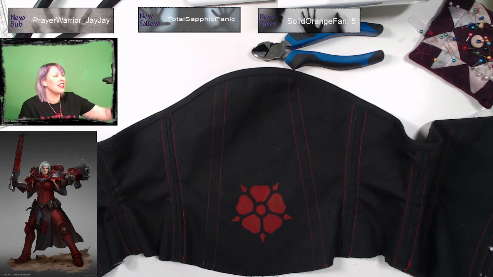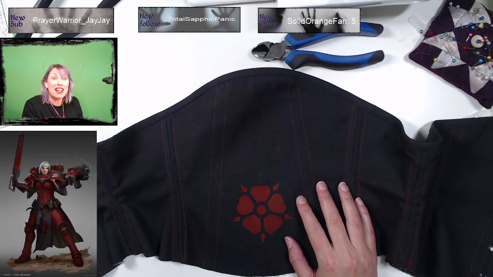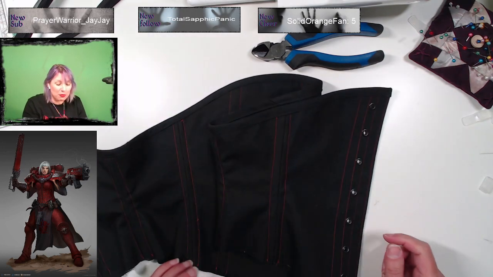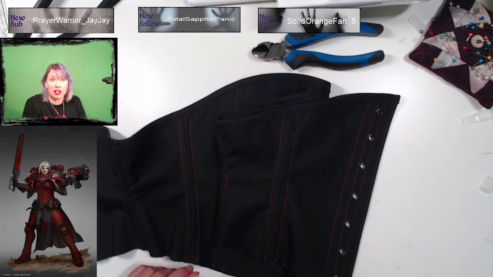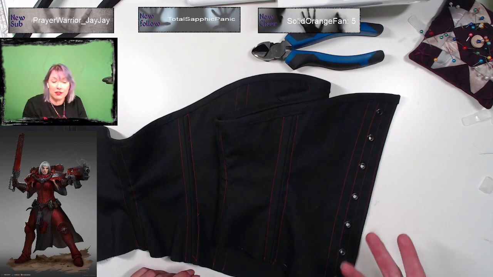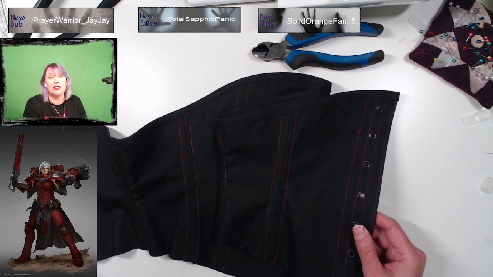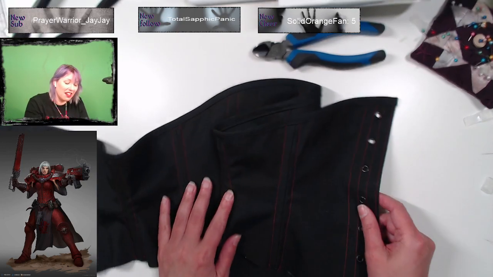Damn it! Sorry. Yes, I was muted because I mute my mic when I walk away, just in case. Sorry about that. Anyway, repeat what I just said. So I can't finish, because I haven't got the snips that can cut through the flat boning. I hate doing this because normally I want to finish this.